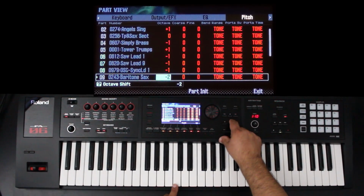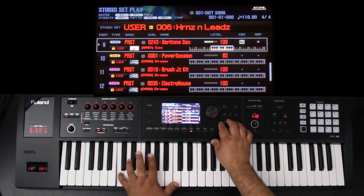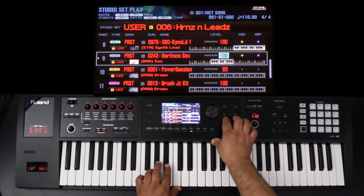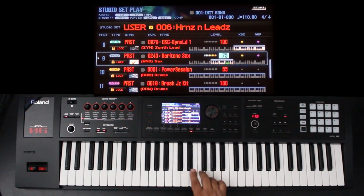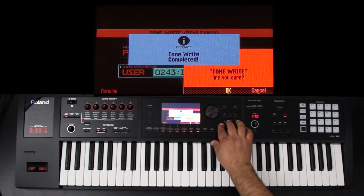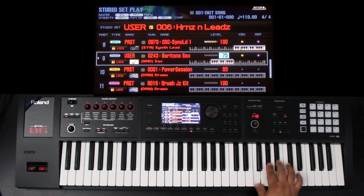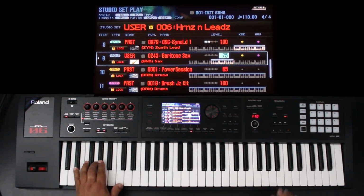Yeah, now let's go ahead and adjust where he is in the mix. And that's up to you. It's all personal preference. There's not really a right or wrong. Okay, great. Now we have that set. That is good. And so now look what we have. We have a very nice lead. So we can go ahead and have